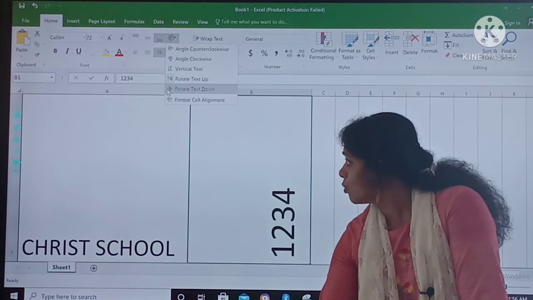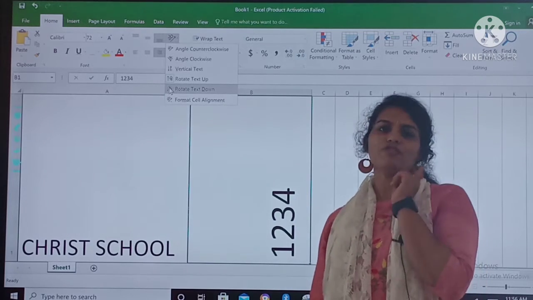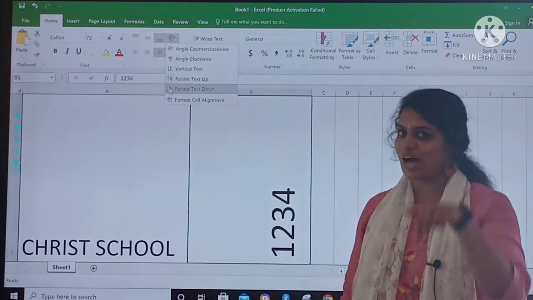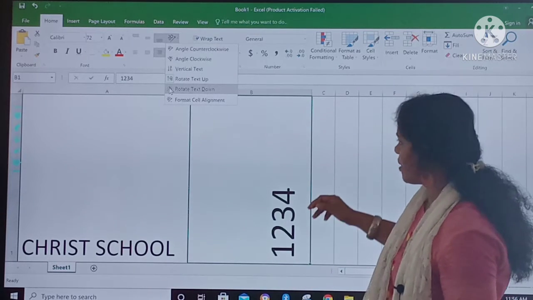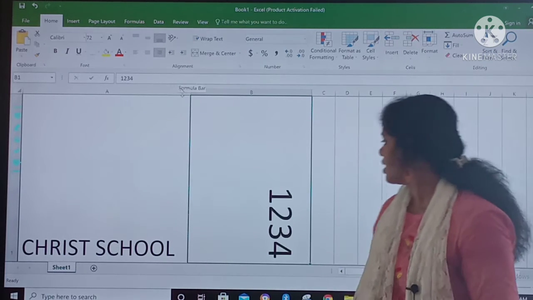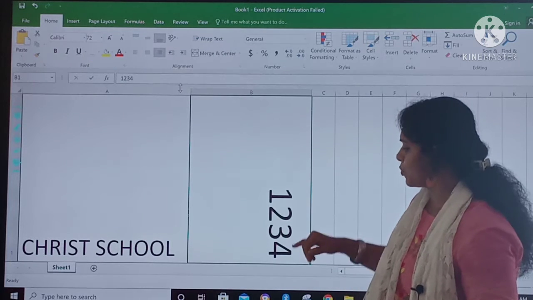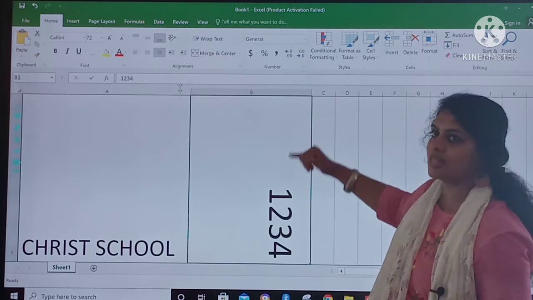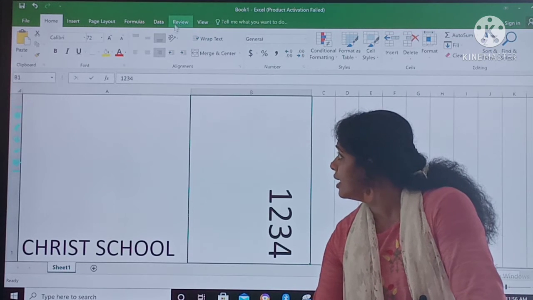Next we have rotate text down. Now I know some of you can guess it out. What is text down? Yes. Keep it up. Very good. When you say text down, it is reverse order. See, I'll show you. 1, 2, 3, 4. Okay, पहले मैंने जो देखा it was 1, 2, 3, 4. That was upwards, this is downwards. Okay, and